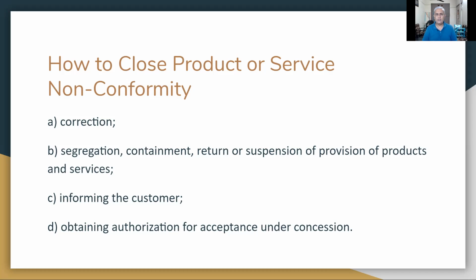It could be through email, but see to it that you are not making a random phone call, because on the phone call, he may not be very conversant, or he may not be in a state of mind where he is giving the best answer to you. So it is better that you write an email to him with whatever defect is there. When this email goes, generally what you are asking for is authorization, that is, obtaining authorization for acceptance under concession.